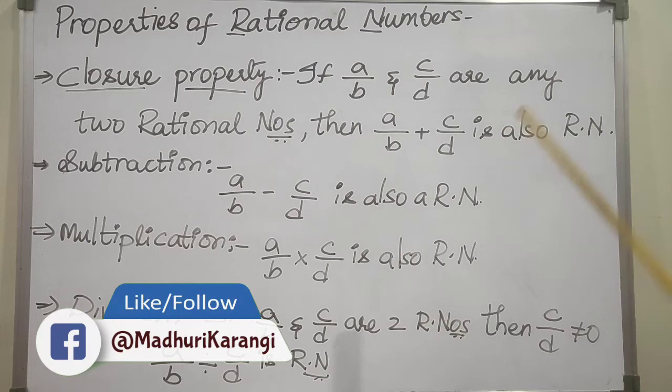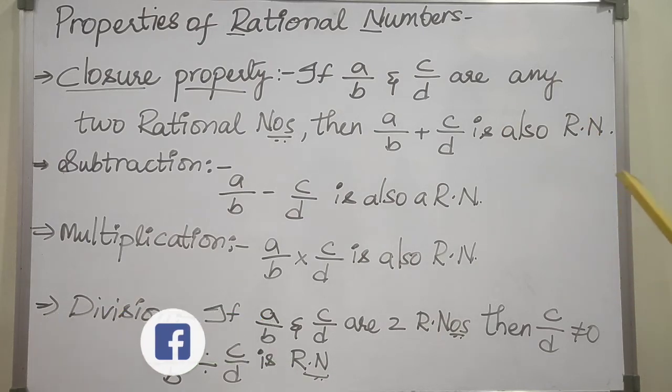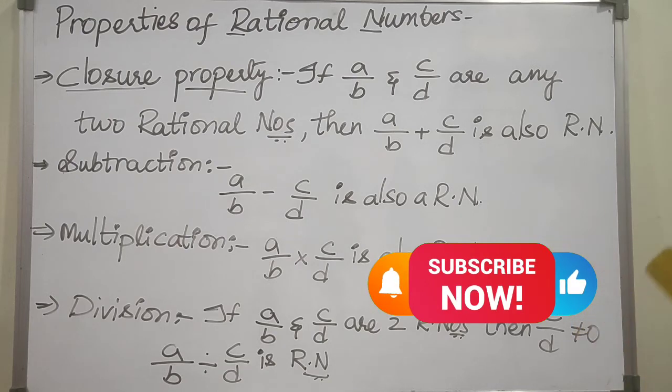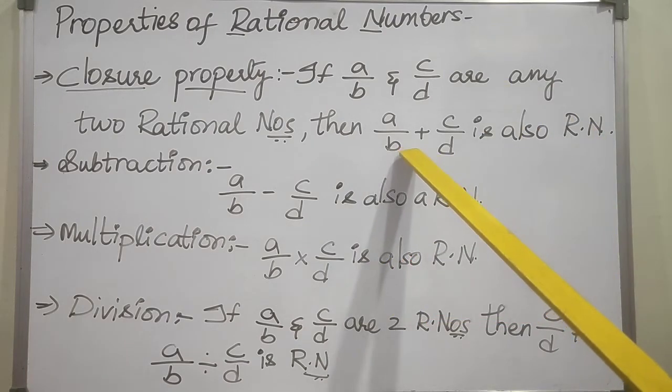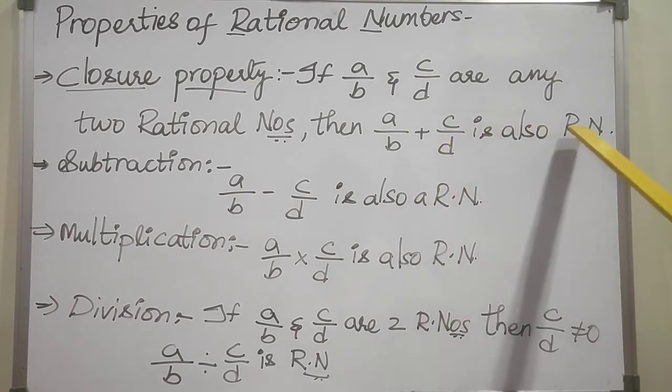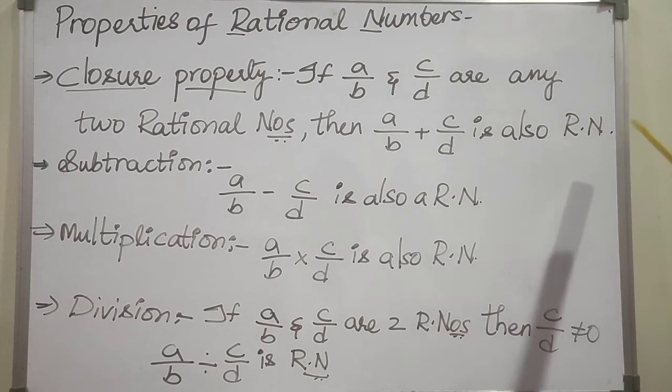Verified is nothing but, in a real life example, if a stranger or outsider comes into your home, you don't allow him in so easily without knowing his whereabouts. Like that, you are supposed to take these rational numbers a by b and c by d, and only rational numbers are allowed as a result. No other number is allowed as a result. You can understand it like this.